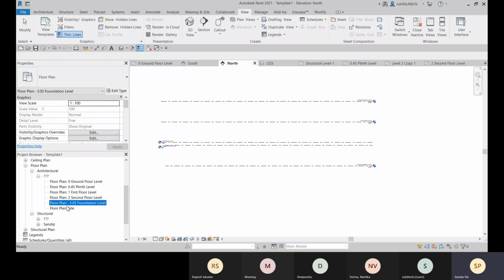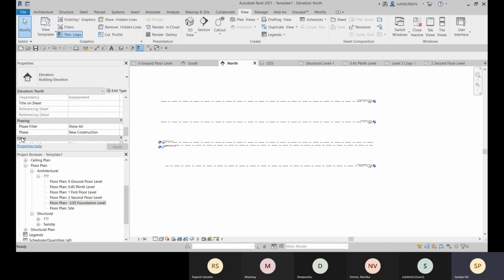You can add this to the structural discipline. You can make it a structural plan, part of the structural discipline. Just a second. Yeah, so here we have this discipline option. So you can make it part of the structure, so it will be organized.